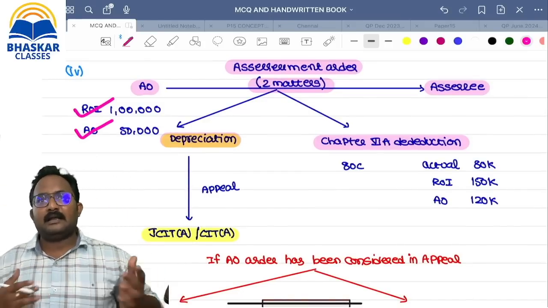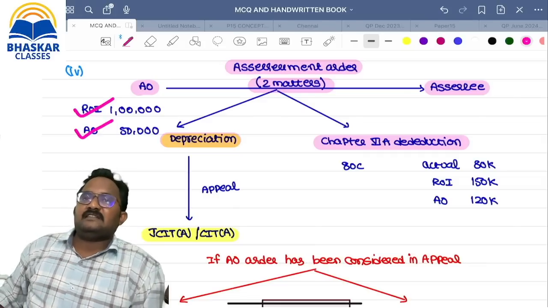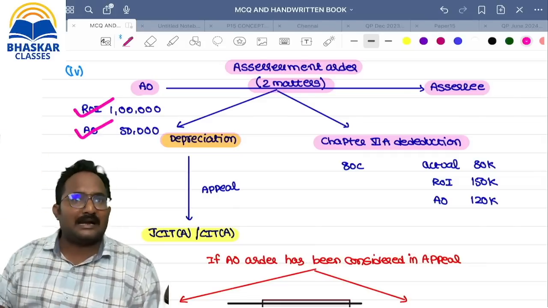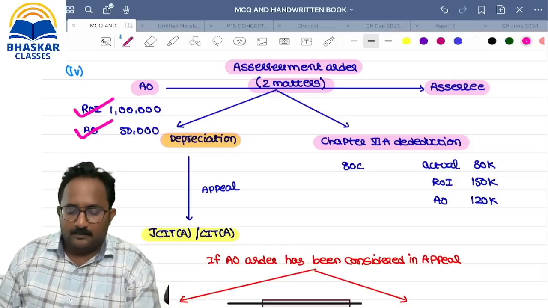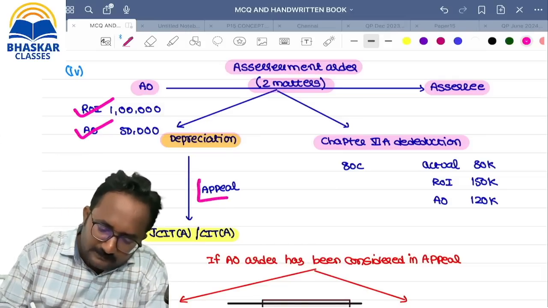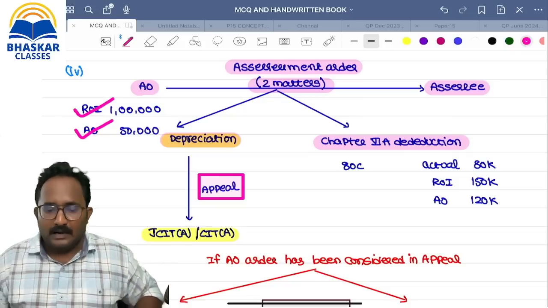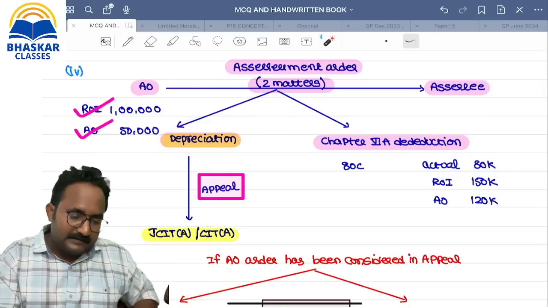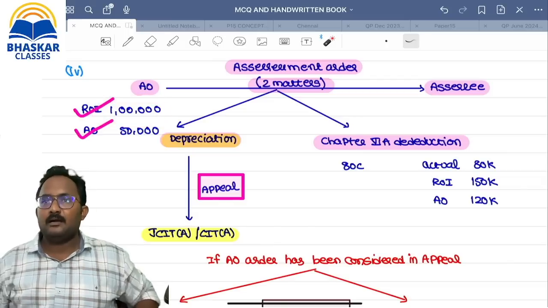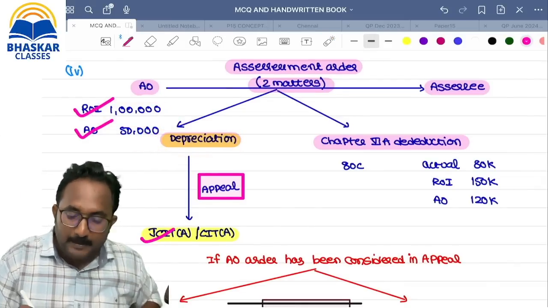Sir, in my return of income, I claimed 1 lakh depreciation as a deduction. But now, the assessing officer is saying in the assessment, no sir, you can't take the 1 lakh depreciation. You are eligible to take how much depreciation, ma? 50,000. So with respect to this matter, the assessee disagrees, sir. Why? Sir, you know the income tax rules, as per section 32 of the Income Tax Act 1961, he is eligible for depreciation of how much amount, ma? 1 lakh. But the AO was saying 50,000.